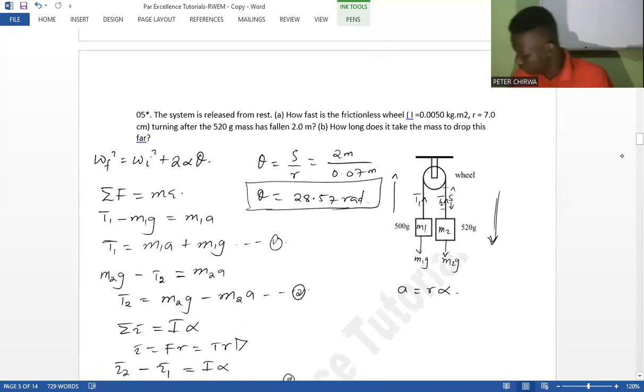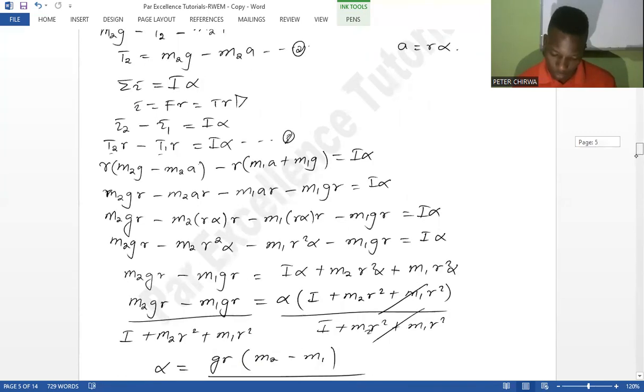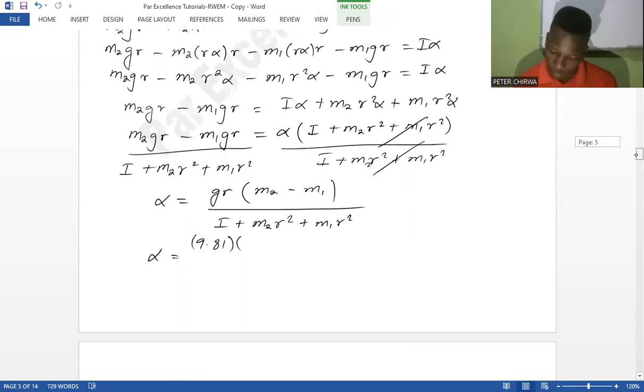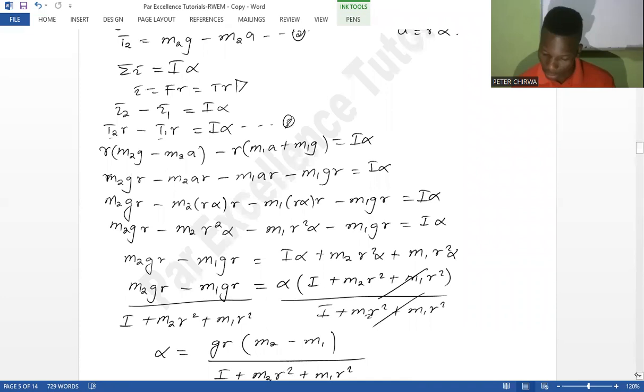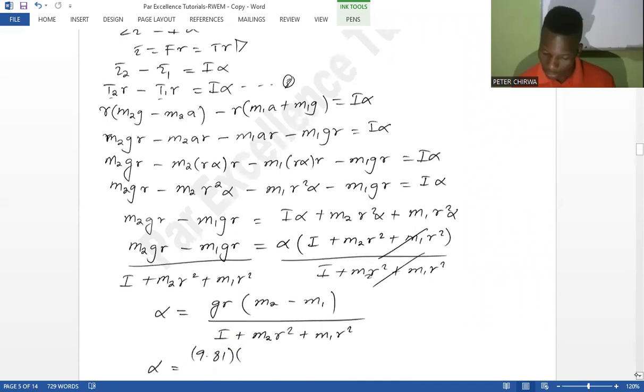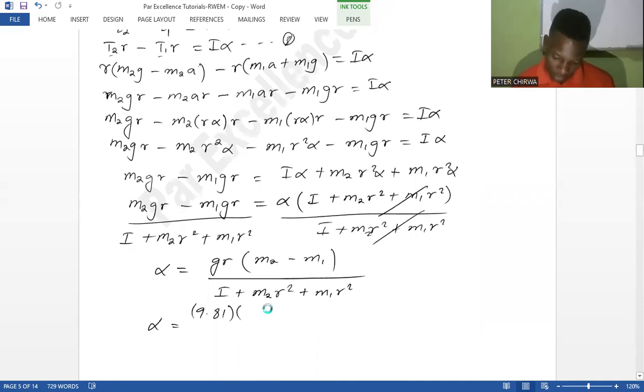Okay, so you just write here, the radius is 0.07,